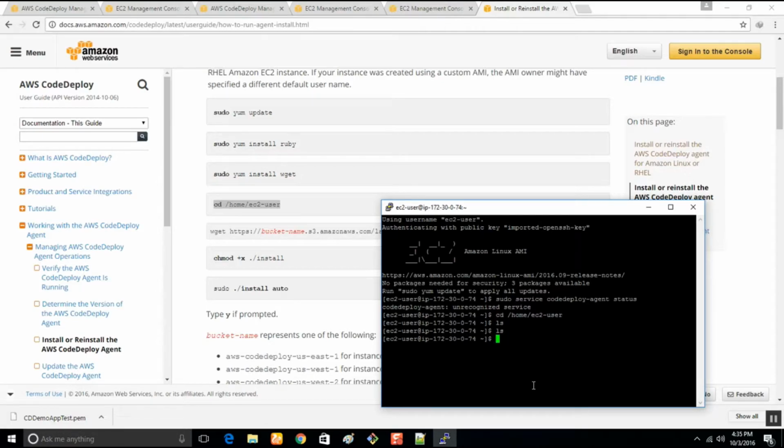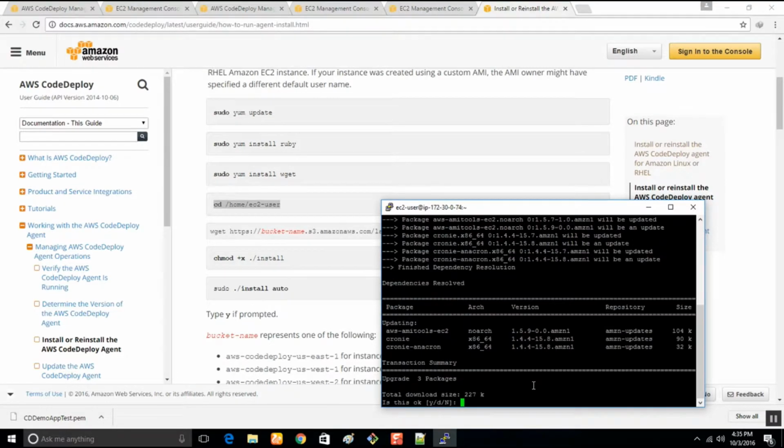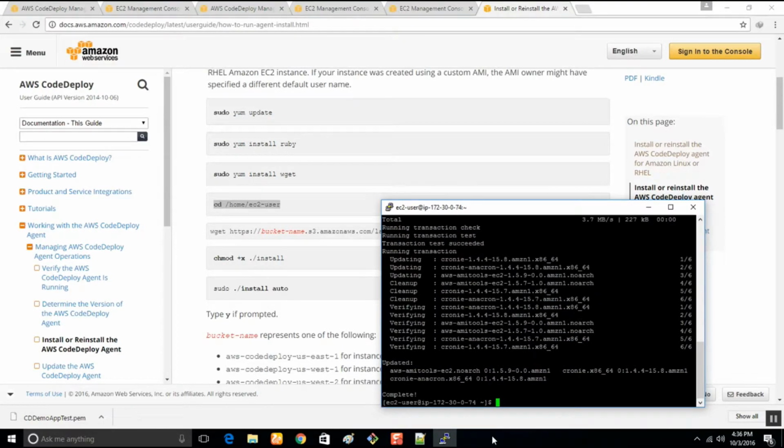Now let's try to do it manually. For the next time we'll do it automatically. sudo yum update. Okay, is this okay? Yeah, here is the problem. We gave sudo yum update, but we did not specify yes or no, so this made our program crash.